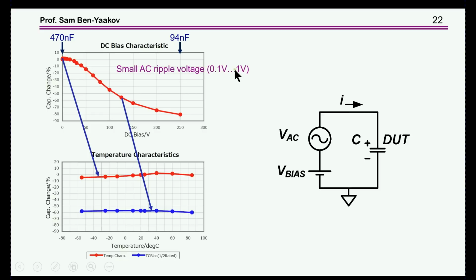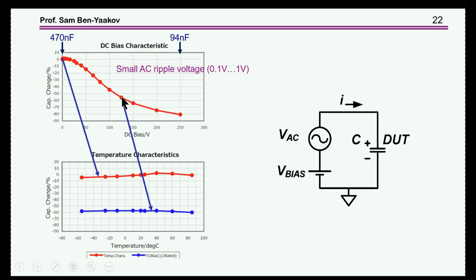Each vendor has its own way of doing it. Many times it's 0.5, but this is how it is done. And as you can see, this particular capacitor goes down very, very much. This is a 250 volt capacitor. So at 250 volts, it is very low as compared to the initial value. Now, here we're seeing the temperature change,